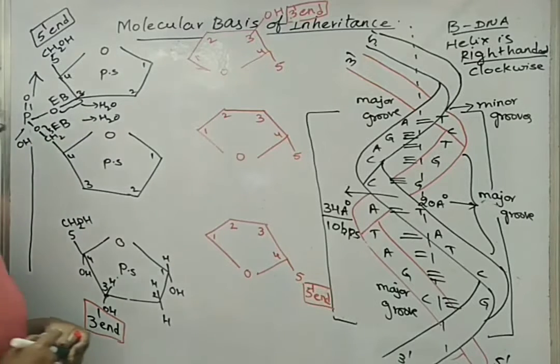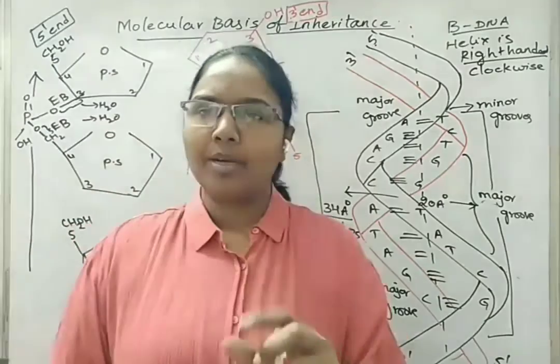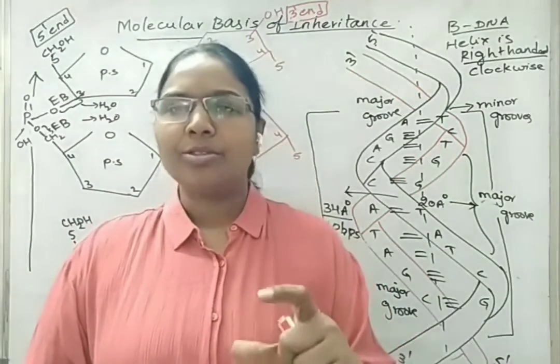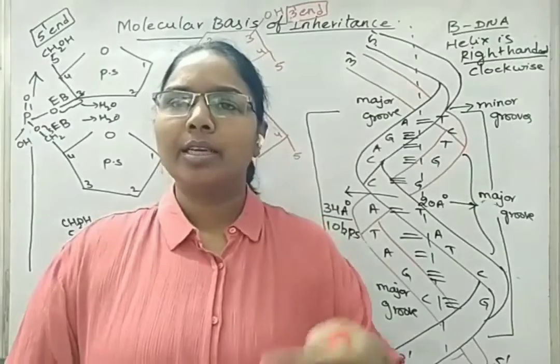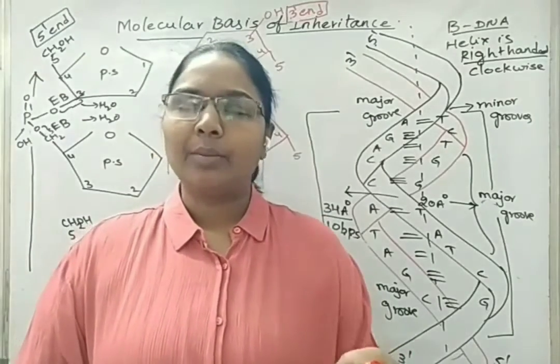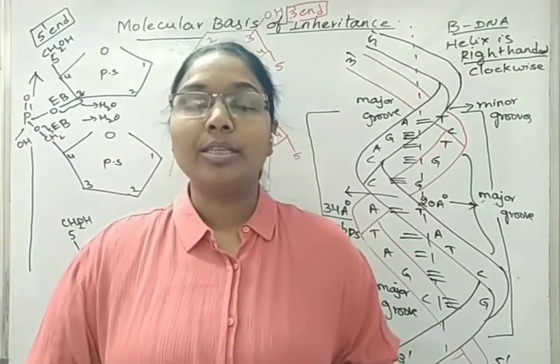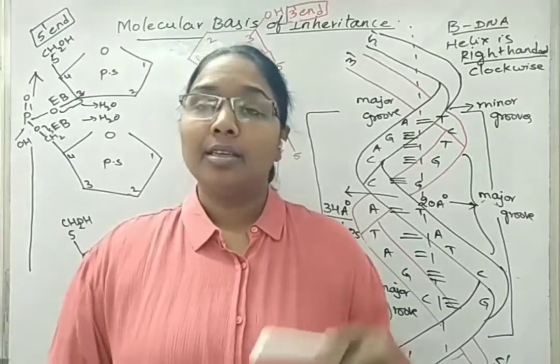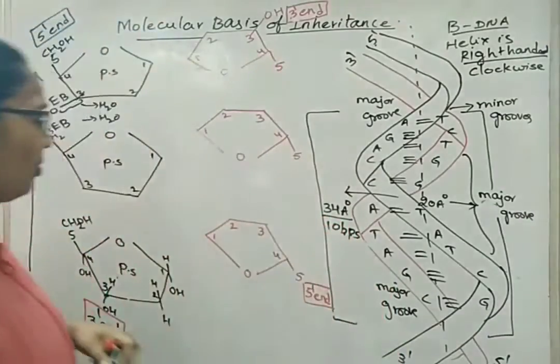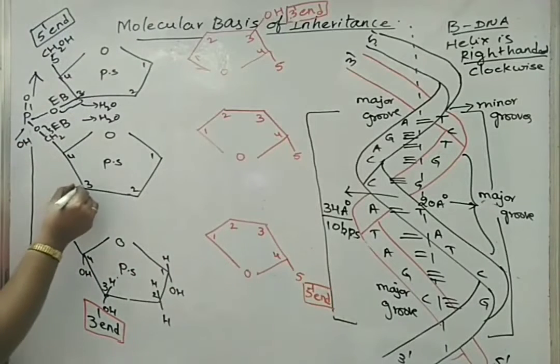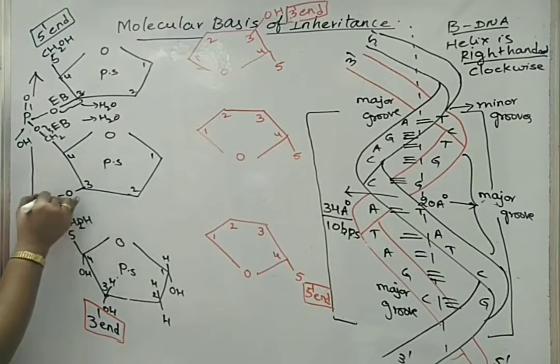So one phosphate molecule connects two pentose sugars, one below the other, with the help of two ester bonds. So we call the phosphate molecule a diester bond in the nucleic acid strands. The same I am writing again: oxygen, phosphate,